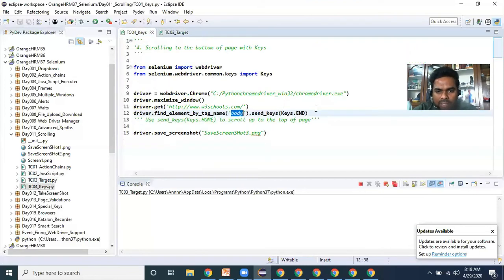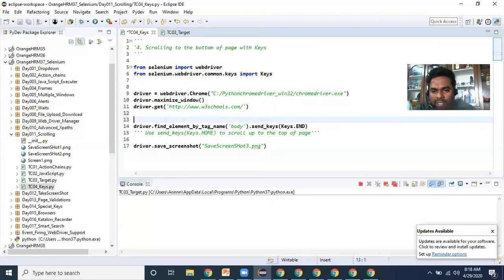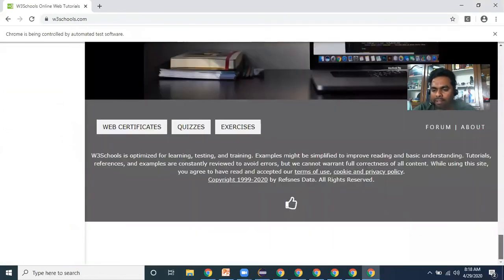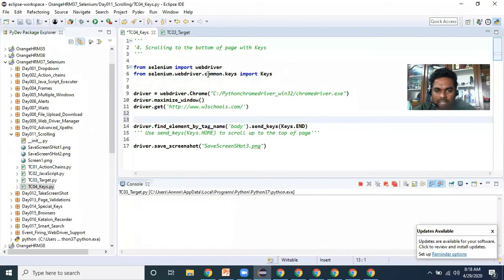Actually, keys will be used generally if you want to scroll completely down the web page, at the bottom. So by using import keys, this is the concept.